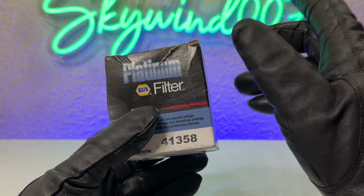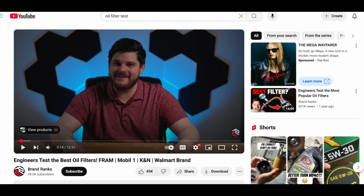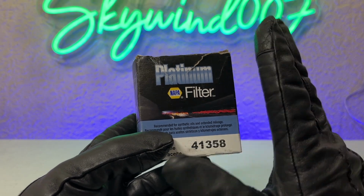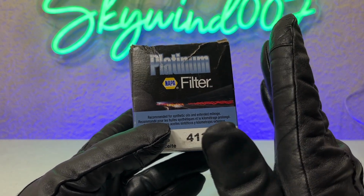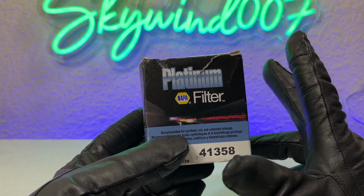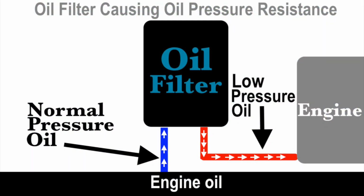I went to this channel and I'm going to show you right here what that channel is, and according to their experiments, and they used this machinery to test various filters and their pressure resistance, this came out as the best one as far as pressure resistance. They measured other metrics, but I'm only interested in pressure resistance because my car has dry start, and my theory is that the more pressure resistance an oil filter has, the higher the problem as far as dry starts, because